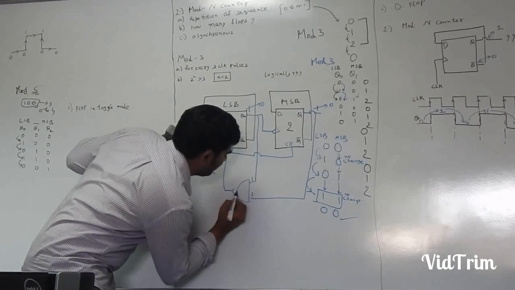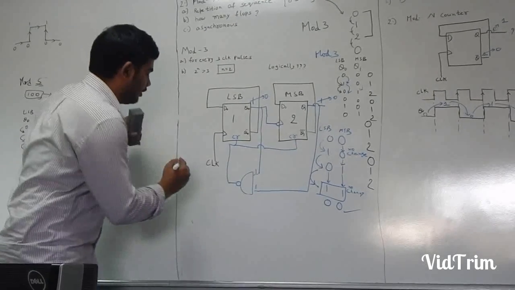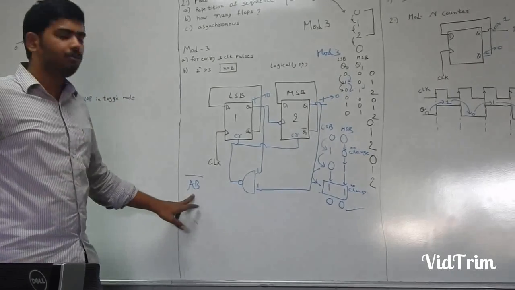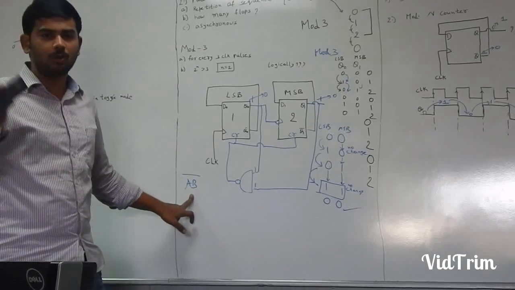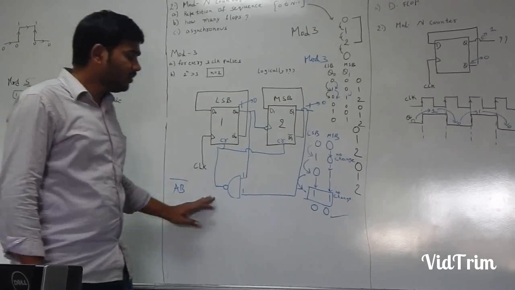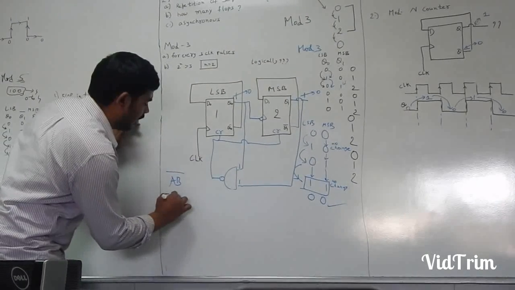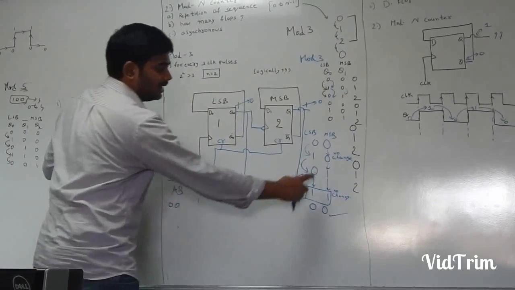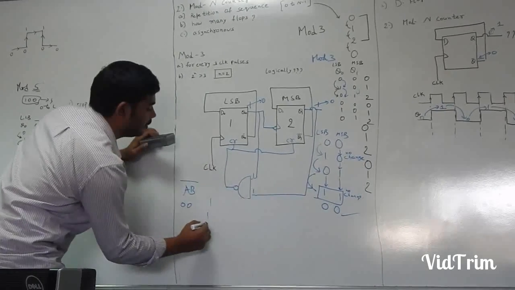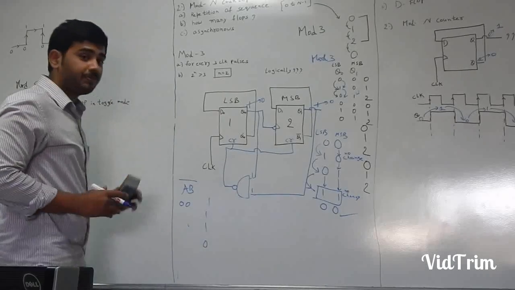What if I take a NAND gate here? You know, the expression of a two-input NAND gate is (AB) bar. So if one input is 0, obviously the output will be 1. If I take a NAND gate here, when I send 0 0, the output would be 1. When I send 0 1, the output would be 1. When I send 1 0, the output would be 1. But if I send 1 1, the output would be 0.